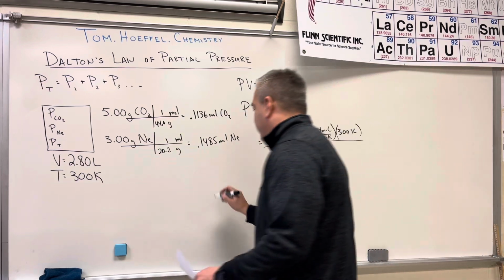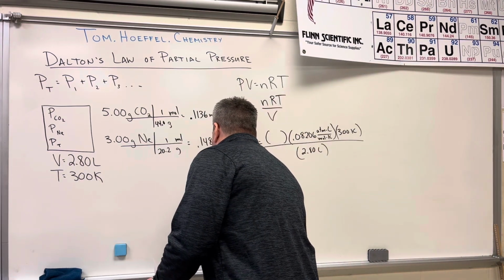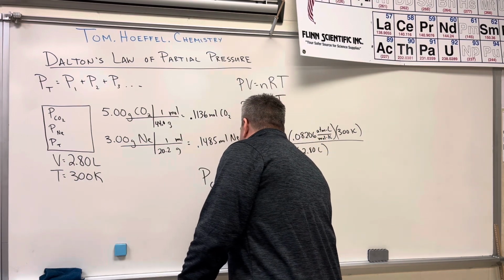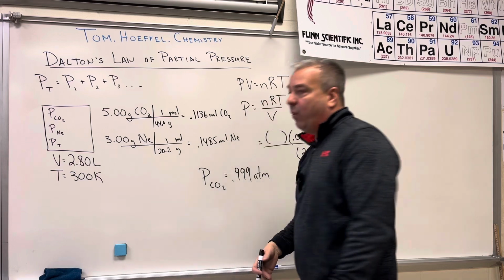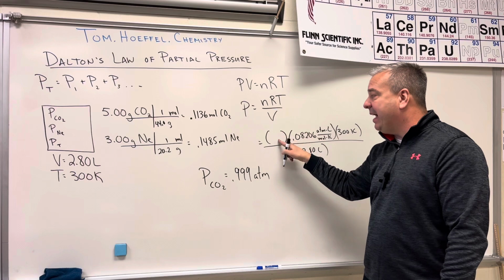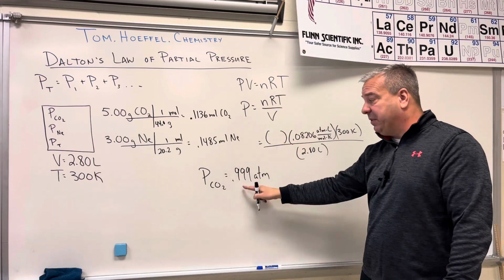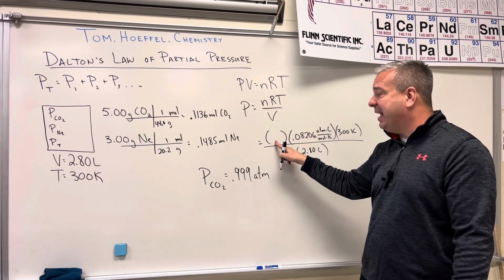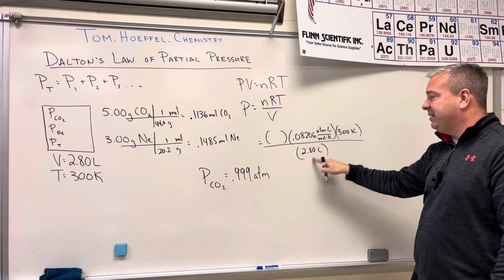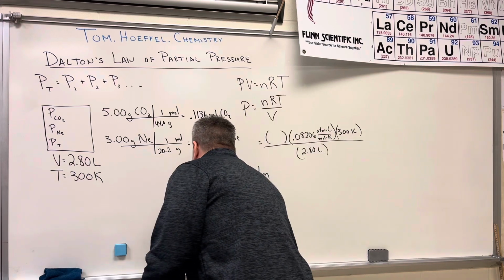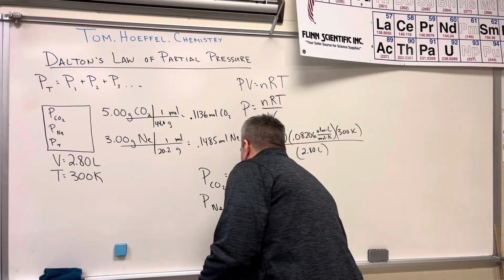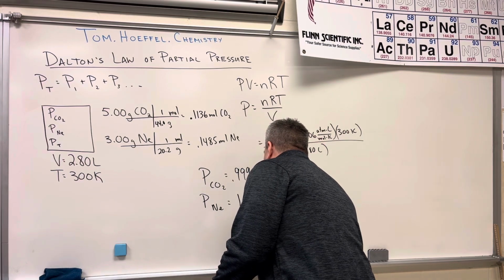And when you do that, you get a partial pressure of the carbon dioxide as 0.999 atm. So basically 1 atm. I'm then going to plug in my moles of neon, which is a greater number. So I'm going to get a greater number than 0.999. So when I plug in the 0.1485 times this, divided by this, I'm going to get the partial pressure of the neon. And when I do that math, it comes out to be 1.31 atm, which is a